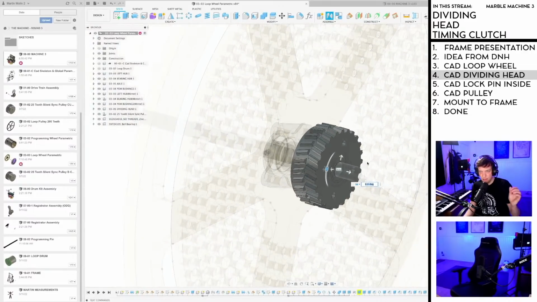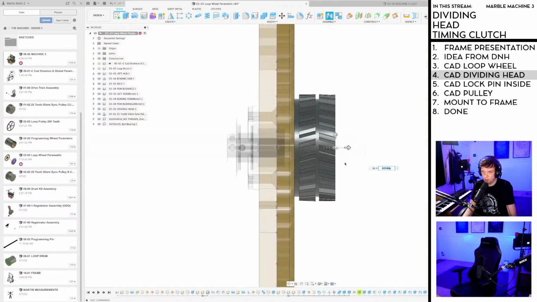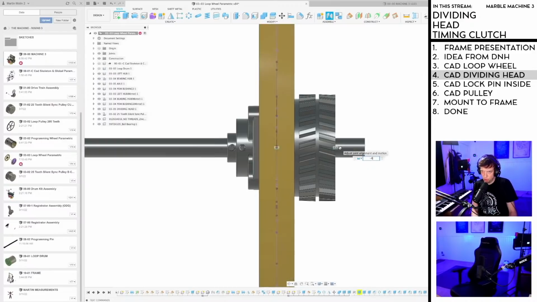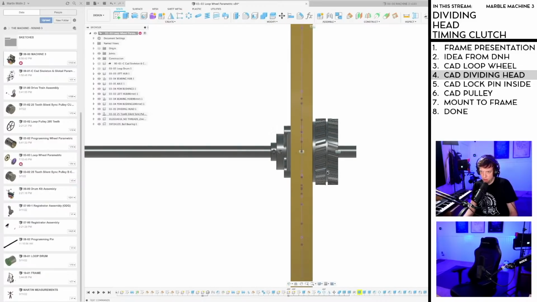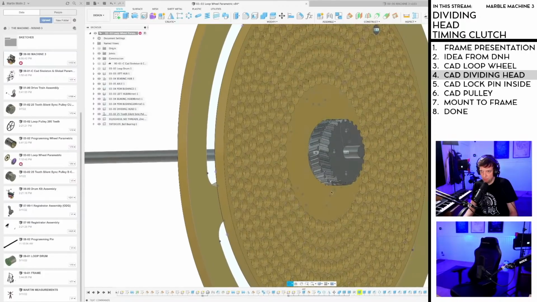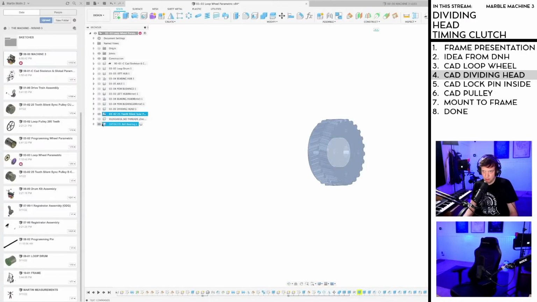So we're not really at that part of the project where I finish CAD stuff, like choosing the exact bearing and stuff like that. This is more like I'm reminding myself that I need to cut out space for this bearing. So if I isolate this and this,